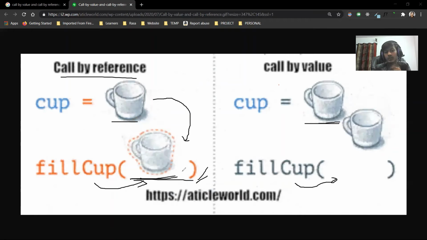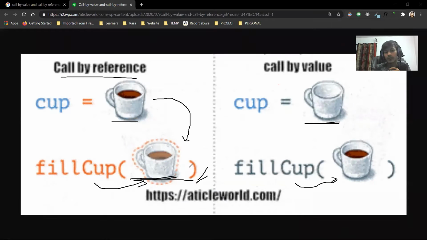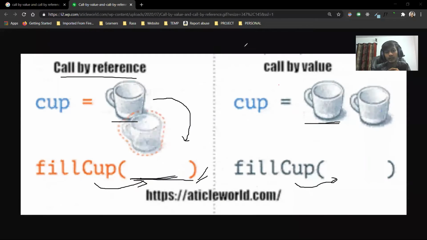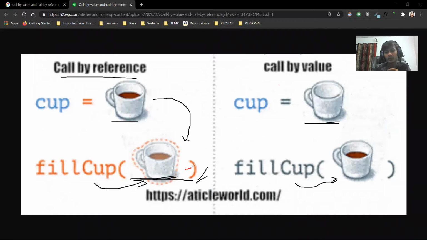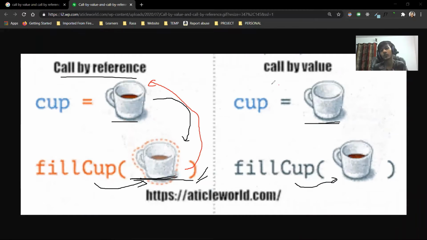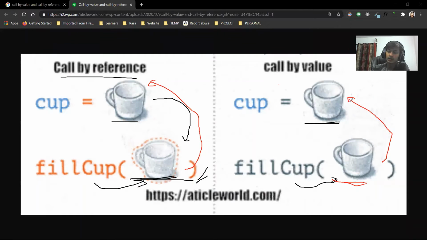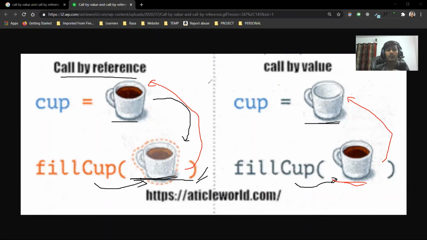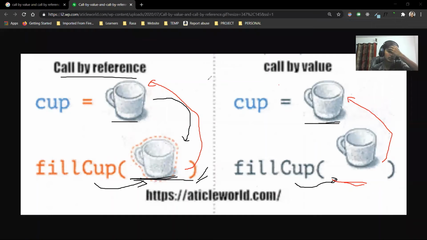So the changes made in the formal parameters are reflected back to the original parameters. Here the cup was being filled with coffee, so the original parameter was also filled with coffee. But in the case of call by value, the changes made in the formal parameter are not reflected back in the actual parameters. Here the cup was filled with coffee and our original cup was not filled with coffee. Clear? So this is the difference between call by value and call by reference.